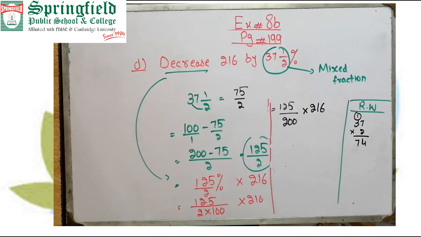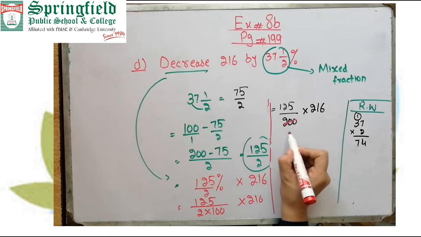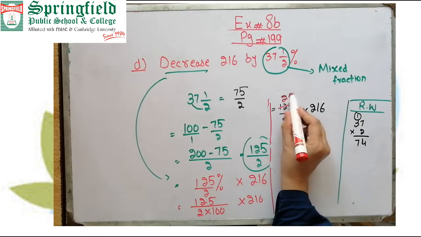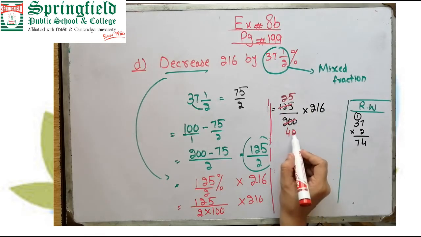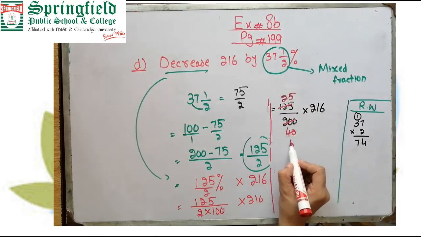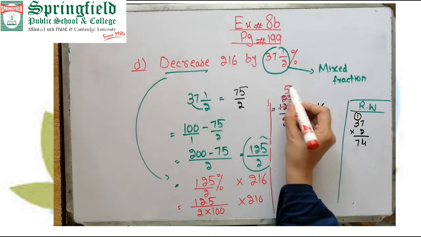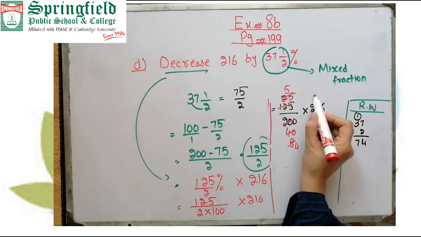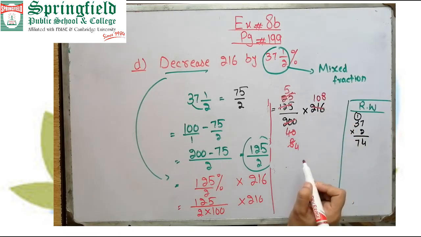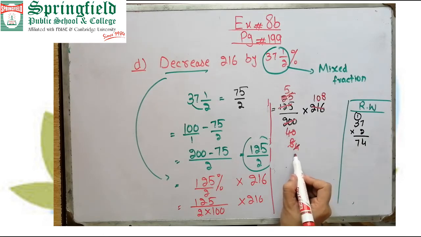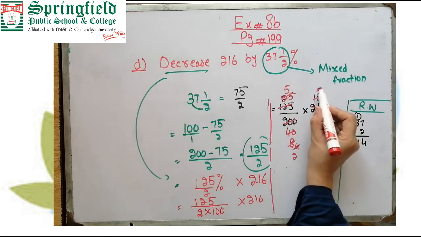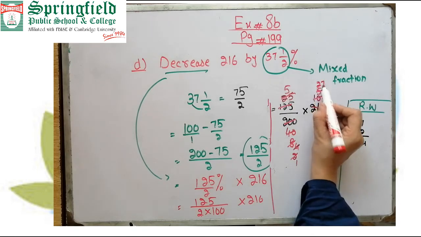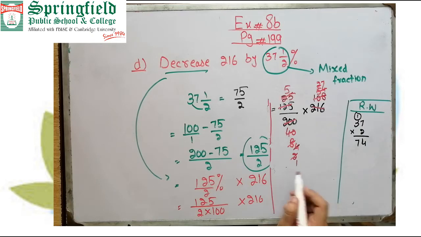So cut with the same table. 5 4s are 20 and 0, 5 2s are 10 and 5 5s are 25. And then 5 8s are 40, 5 5s are 25. And then 2 4s are 8, 2 1s are 2, 0 and 2 8s are 16. And then 2 2s are 4, 2 5s are 10, 2 4s are 8, 2 1s are 2, 2 2s are 4, 2 7s are 14.